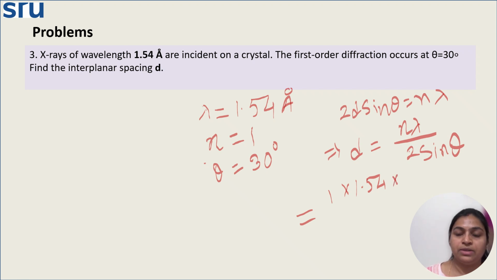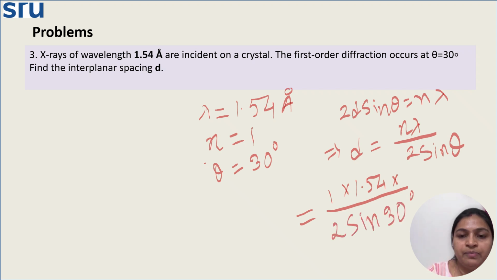As I mentioned, it is good practice to convert to SI units, but even without converting we can get it, because we will be finding d only, so it will again be in the unit of angstrom. So we may or may not convert it, divided by twice of